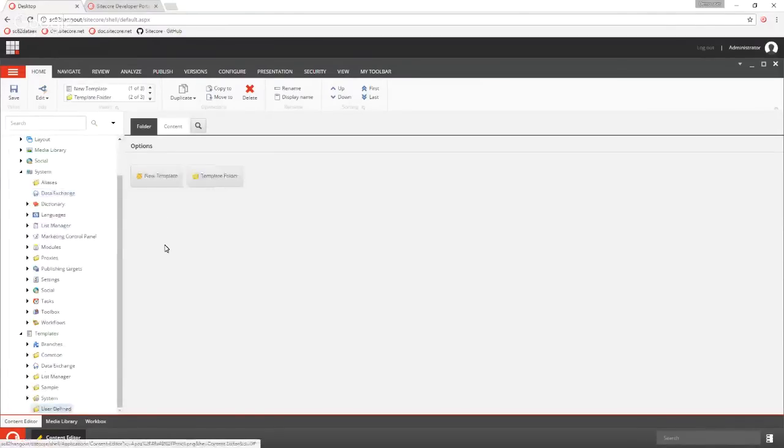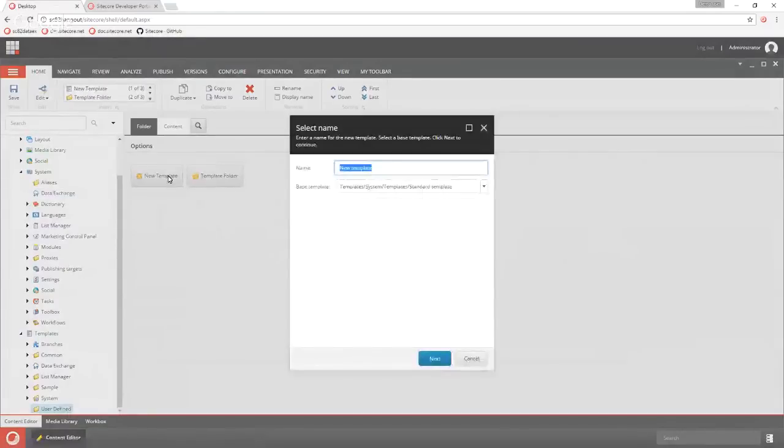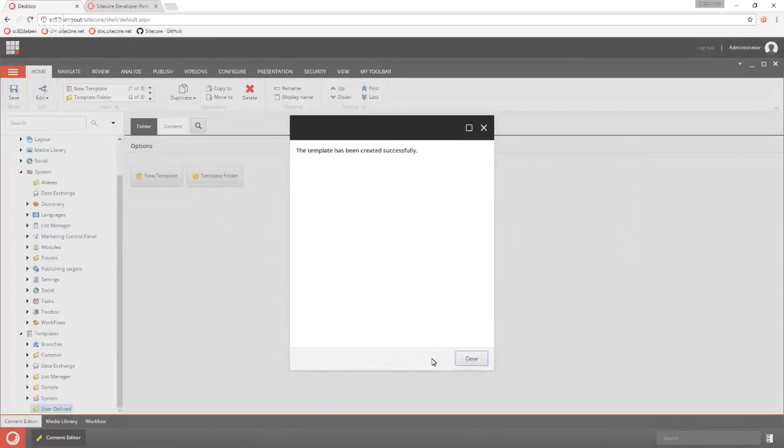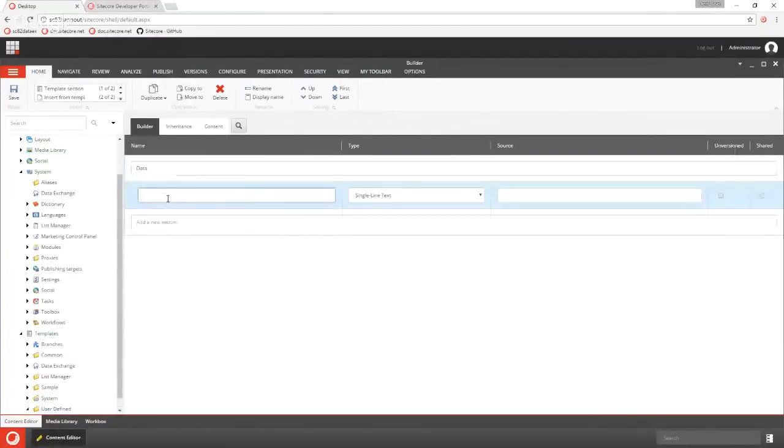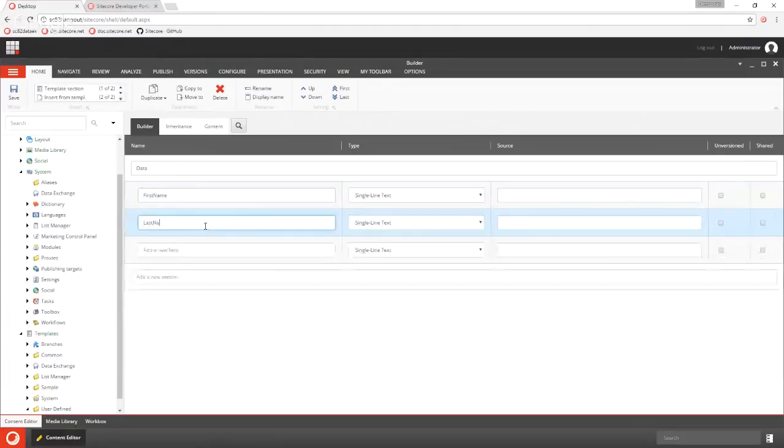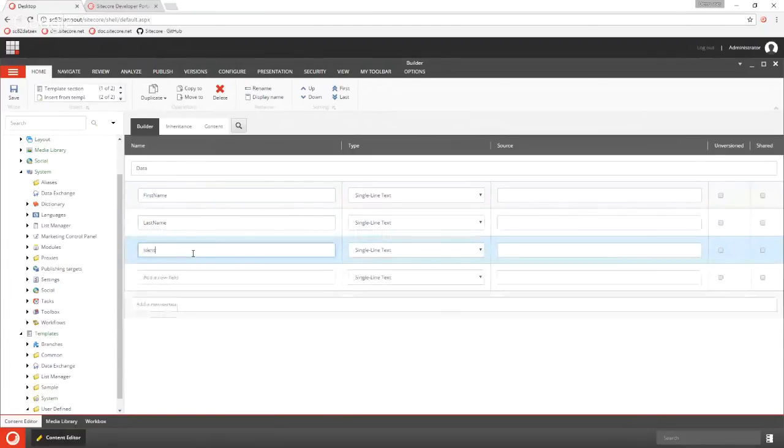Down under User Defined, I'm just going to create a new template, call this External Person, and create a field for first name, last name, and identifier.